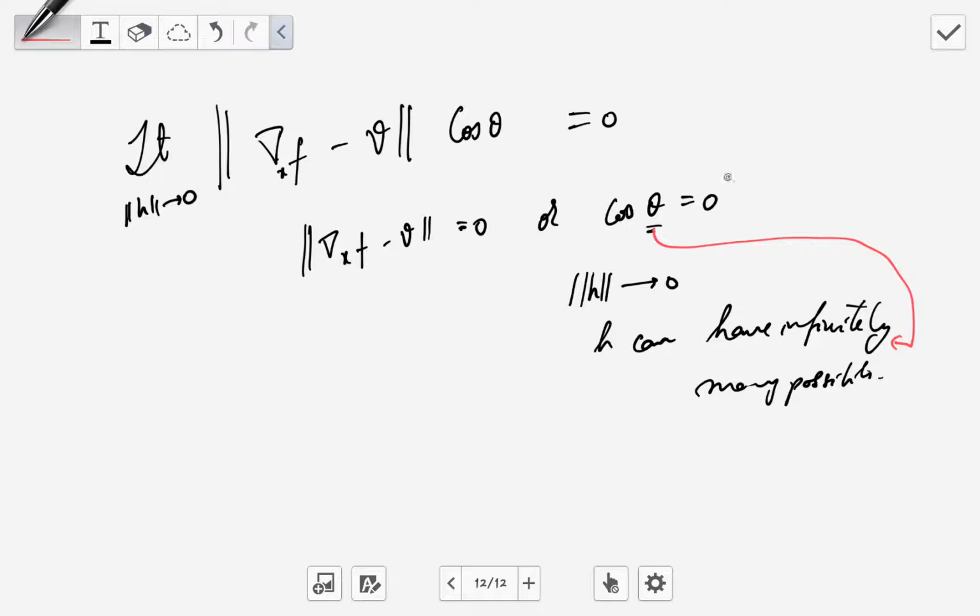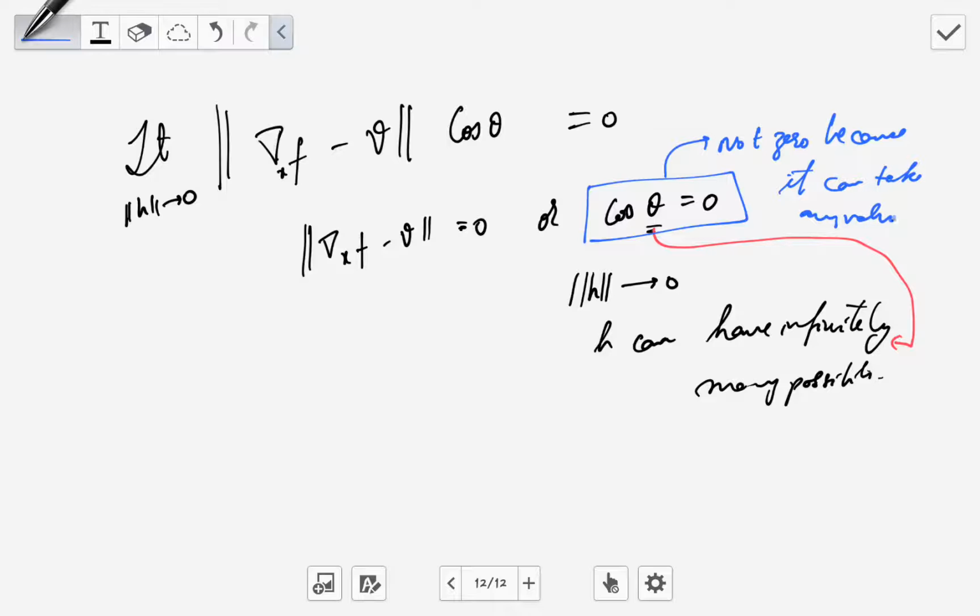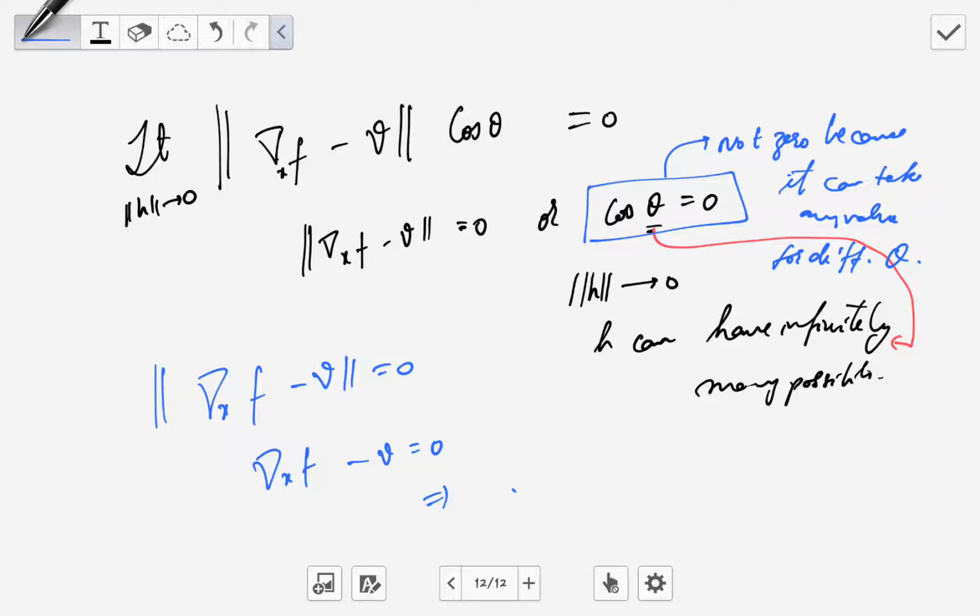So this is certainly not 0, because it can take any value for different values of theta. So only this should be 0, which means ∇f minus v is 0. That means whenever the norm is 0, the vector is 0,